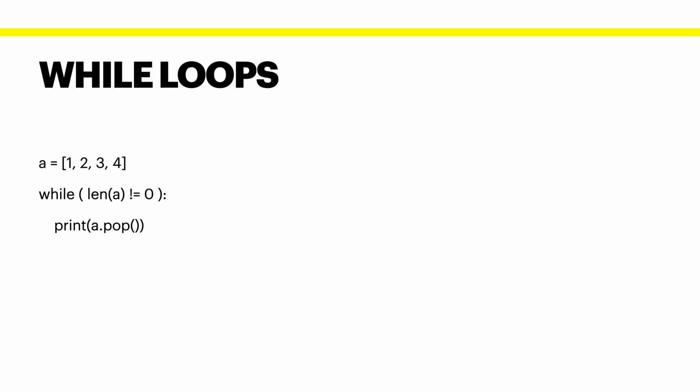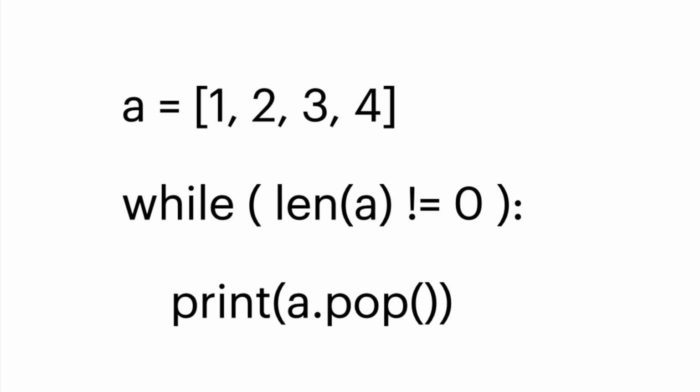Hence, the statement in the while loop will be executed. In this while loop, we only have one print statement. So this statement will be executed. And now in this print statement, we have a pop method. This method will simply pop the element present at the last index, and then it will update the list.